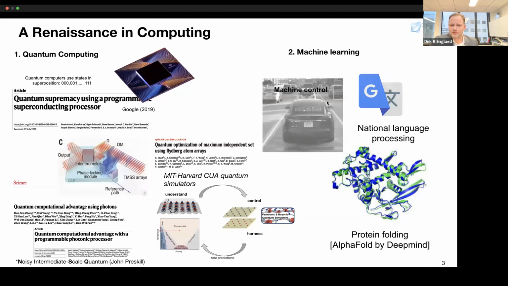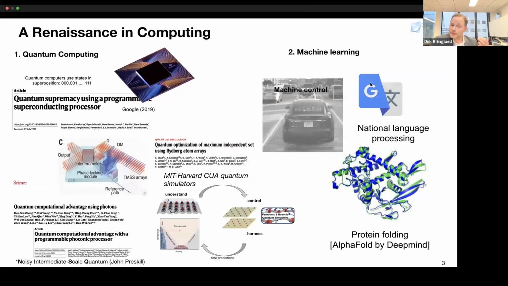Things like signal processing and self-driving cars, natural language processing, protein folding, and so on, have made tremendous headway. And at the same time, that puts tremendous pressure on traditional computing systems. And so there's a great hope that optical systems will not only help in the communications part of machine learning, training and inference machines, but also in